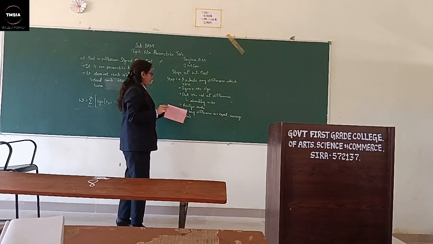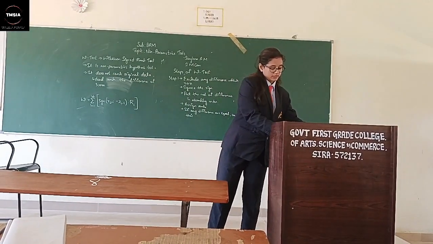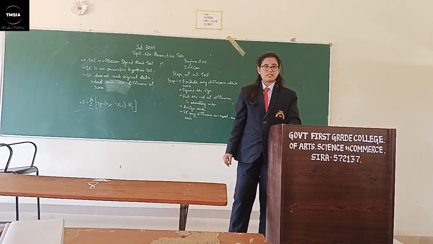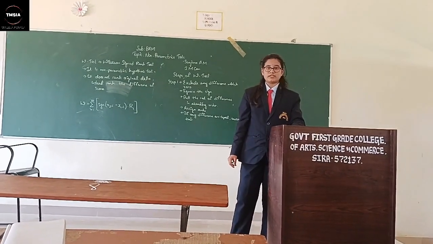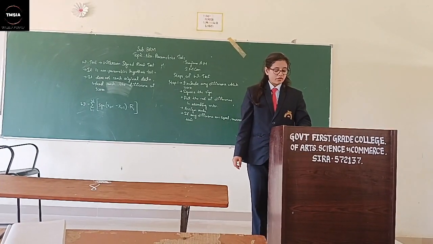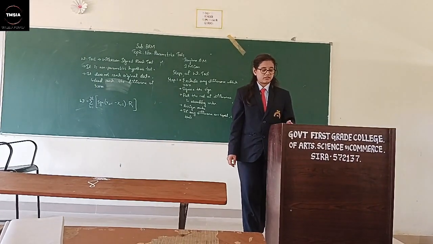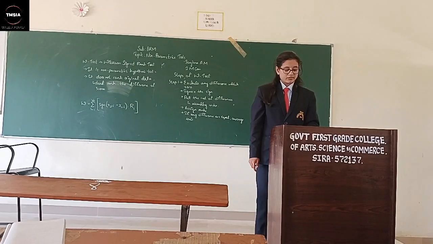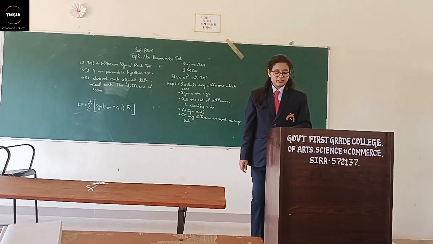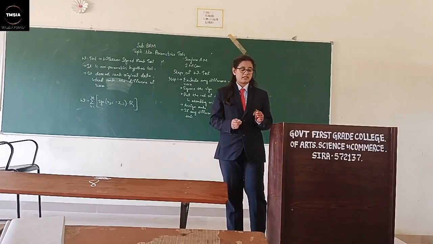And all this comes in step 1. In step 1, first they exclude any differences which are 0. If any value is 0, they exclude that. After that, they ignore the signs. Whether it is minus or plus, they ignore that. After that, they put the differences in ascending order. From lower to higher, they'll put the values. Then for those values, they'll assign the ranks. After that, if any differences are equal, average their ranks. If any differences are equal, they'll average it.